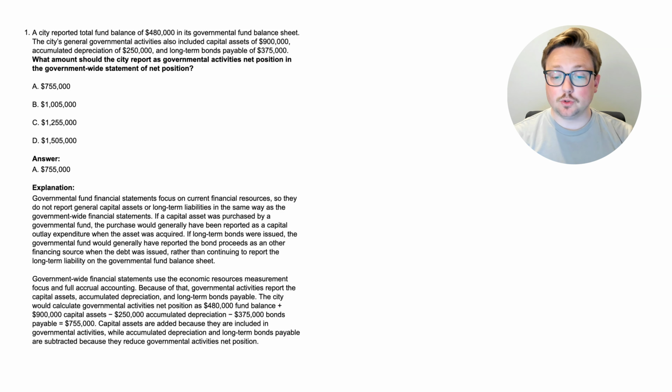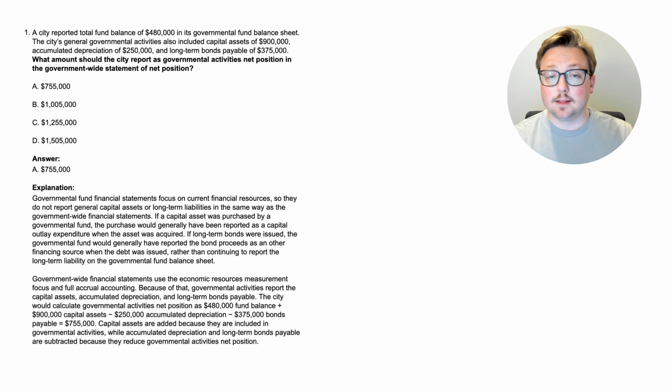Government-wide financial statements use the economic resources measurement focus and full accrual accounting. Because of that, governmental activities report the capital assets, accumulated depreciation, and long-term bonds payable. The city would calculate governmental activities net position as $480,000 of the fund balance. That's the starting position. Remember, we're trying to get from the fund balance to the net position in the government-wide financial statements. So $480,000 for the fund balance plus $900,000 of capital assets because it wasn't originally included in the